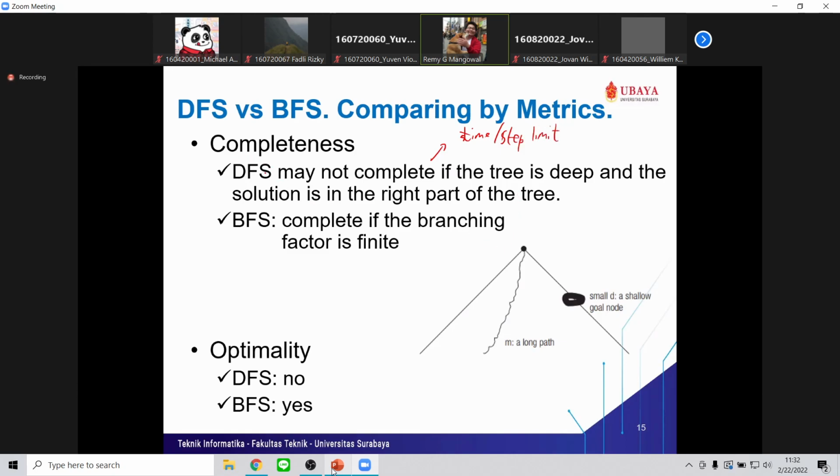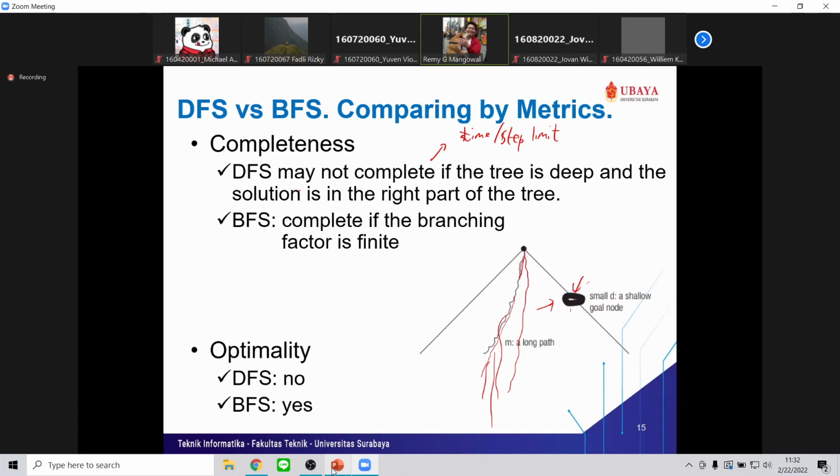Because DFS keeps on going on one path, and so on. It might go even deeper. But if the solution is on the other side of the tree, you will take a very long time in reaching it.